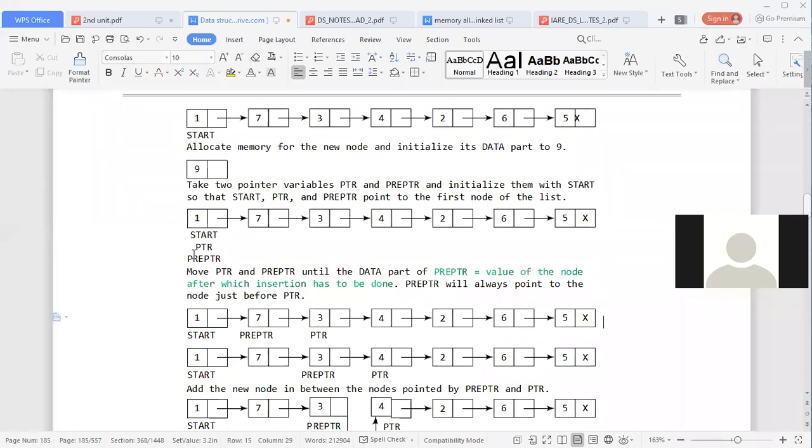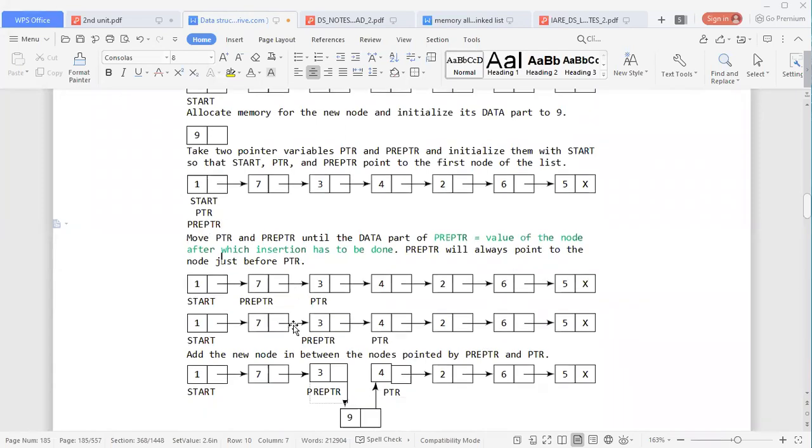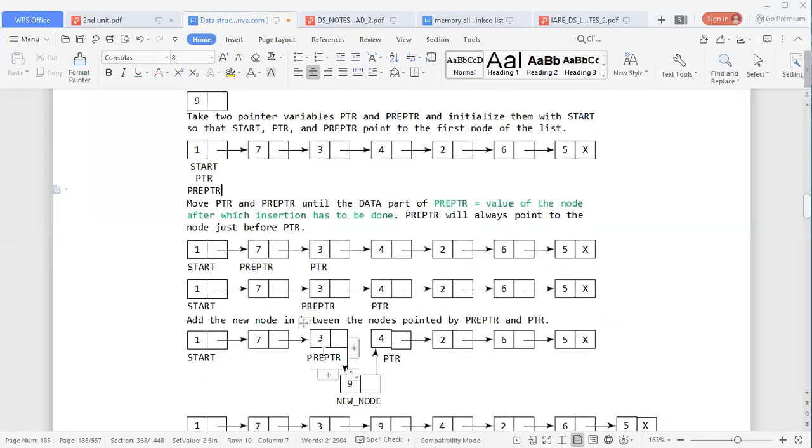Then next, we take 2 pointer variables, one is pointer and the other one is pre-pointer, and initialize them to start. Now move the pointer and pre-pointer in such a way that the pre-pointer, the predecessor to the pointer, stops where the value is identified.